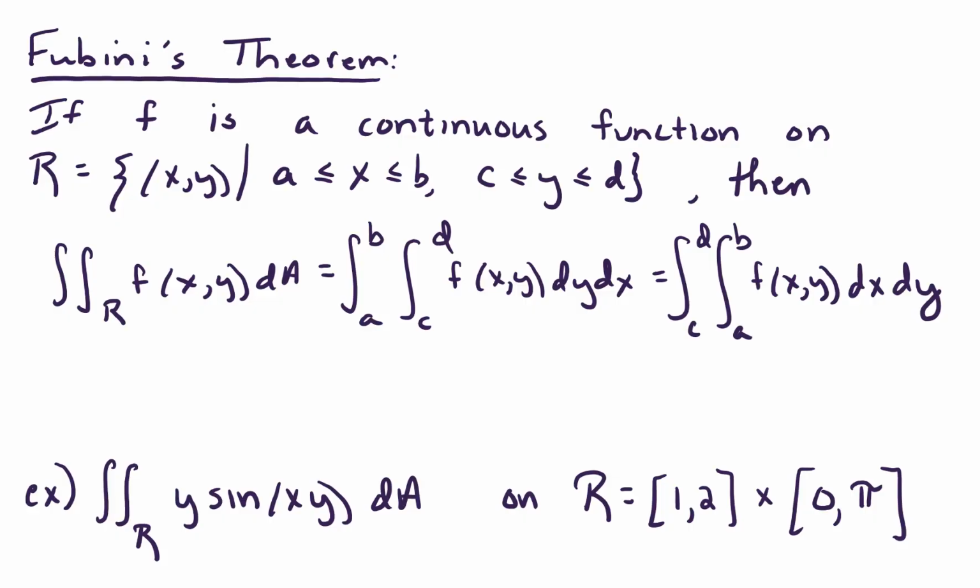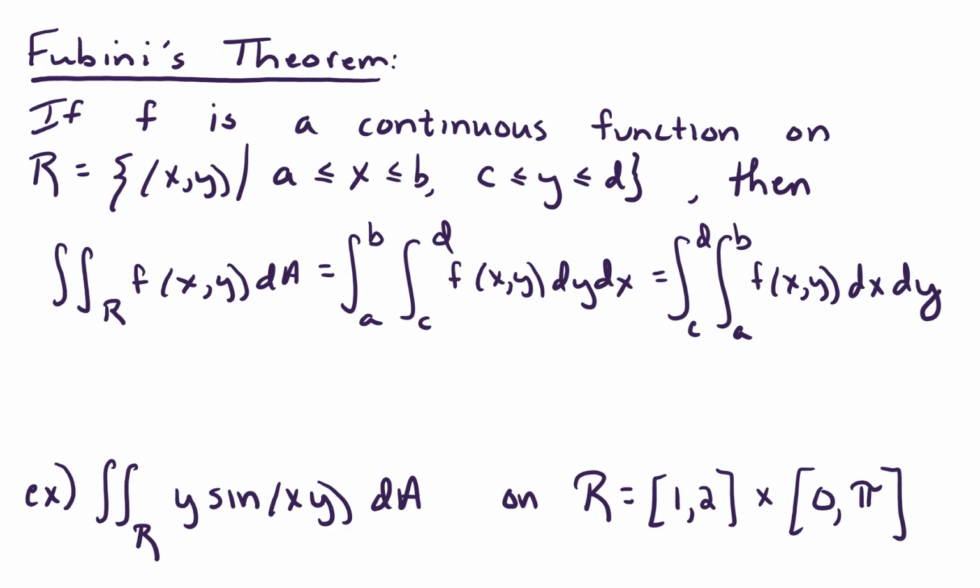Hello, in this video we're going to talk about Fubini's theorem. So Fubini's theorem says if f is a continuous function on R, which is the set of xy points such that a is less than or equal to x is less than or equal to b, and c is less than or equal to y is less than or equal to d, then the double integral over R of f of xy dA is equal to the integral from a to b, integral c to d, f of xy dy dx, and that's also equal to the integral from c to d, integral a to b, f of xy dx